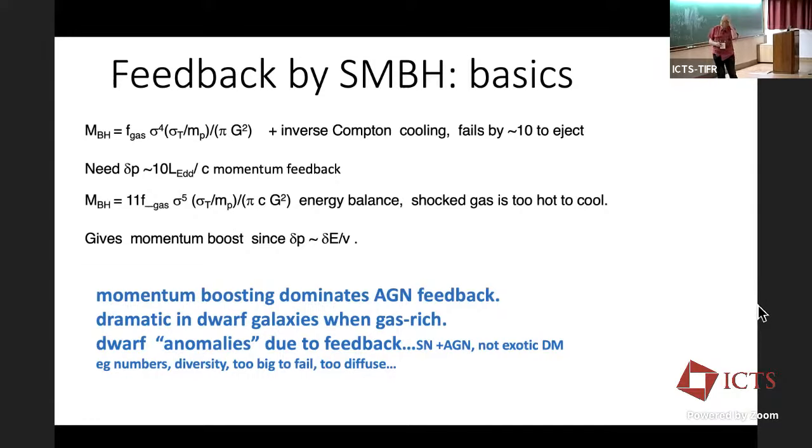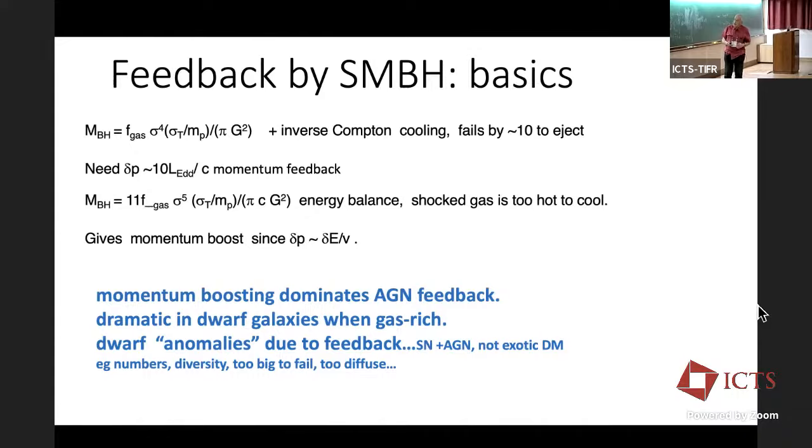Now, what is really intriguing is that if I have energy balance at the shock front where you drive out the gas, that means the gas becomes too hot to really cool down. And so it stays and pushes against the surrounding gas, this hot bubble, and stops the gas fragmenting into stars, maybe, but certainly it will eventually drive the gas out. It'll develop into a wind and drive the gas out. So that's one self-limiting case.